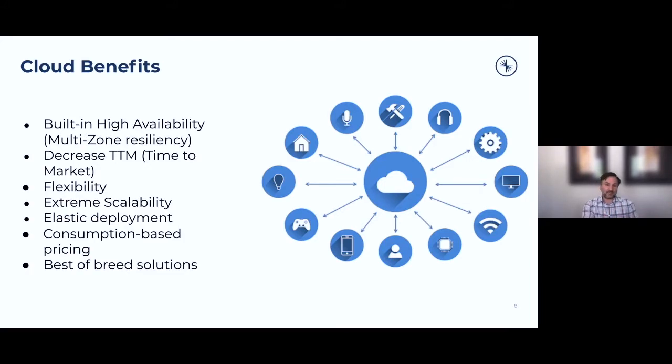become dramatically simplified. And as a result of someone else taking on that burden, it's far easier to achieve multi-zone resiliency. So that as you're deploying these applications, you don't have to worry as much about how you're going to ensure that they're always up, right? And these cloud vendors do a good job of providing a lot of tools that make it easier to get to market faster, right? Whatever your solution is, whatever requirements you're trying to deliver for your mission, there are tools that can make that easier when you're doing that within the cloud.